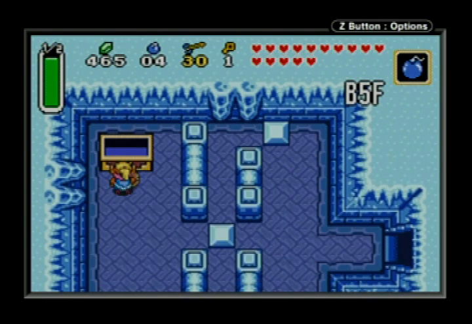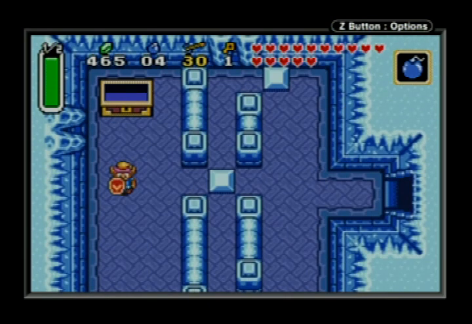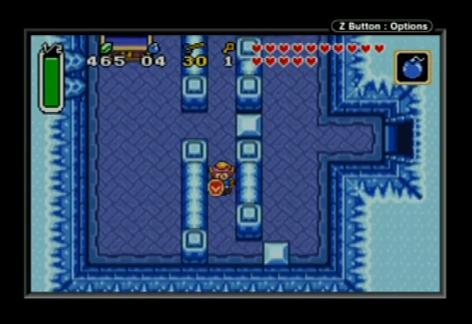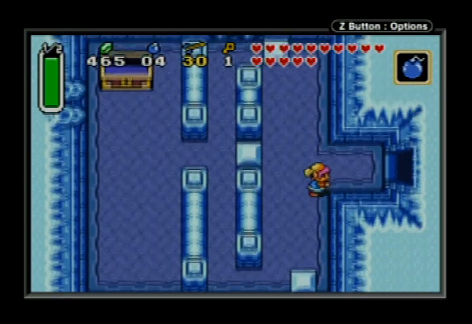Now, in speedruns, we don't get the blue mail. We skip it because we end the game with the red mail. You do not need the blue mail to get the red mail, but this is a walkthrough. I'm showing you how to get all the items. Now we have the blue mail. It increases our defense. Now, if you've only played the SNES version,